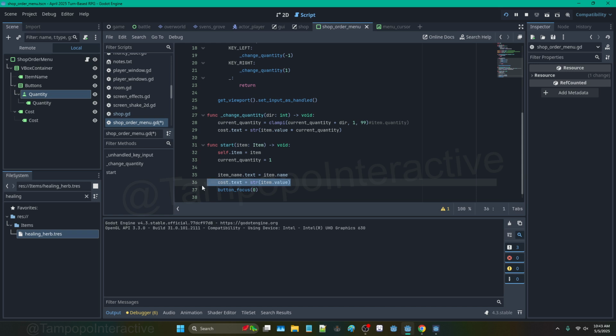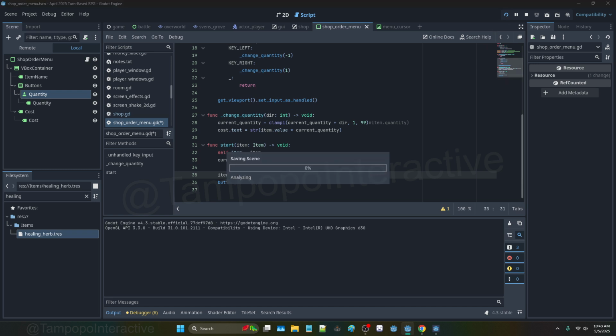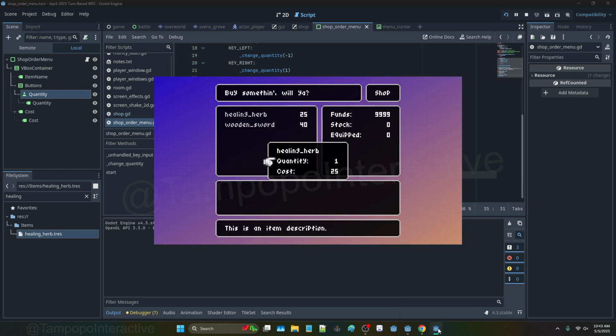So we don't have to set this anymore there. Just gonna save and it should update. So now we can go all the way up to 99. Yep. When we press enter,